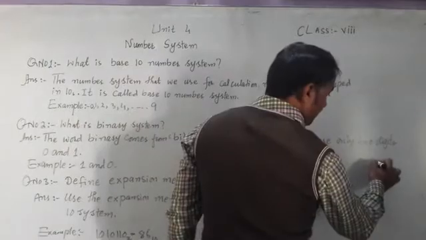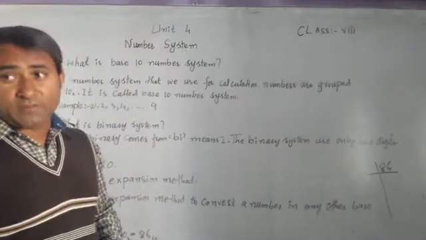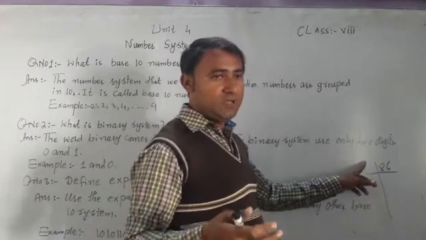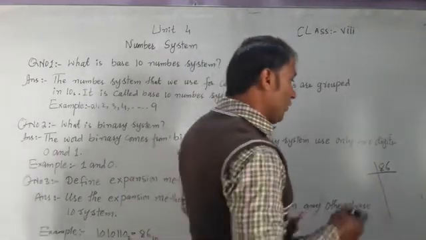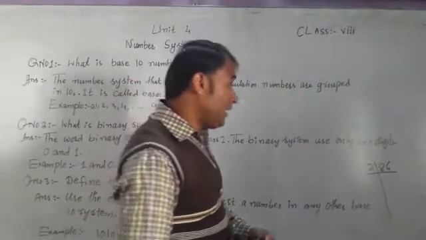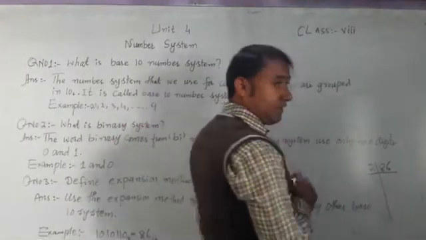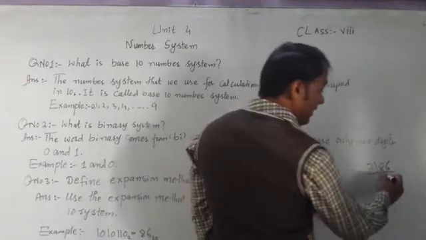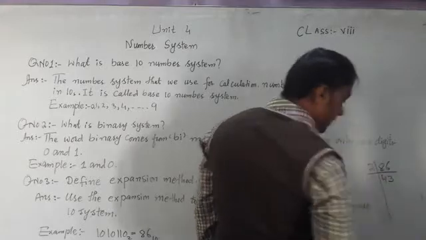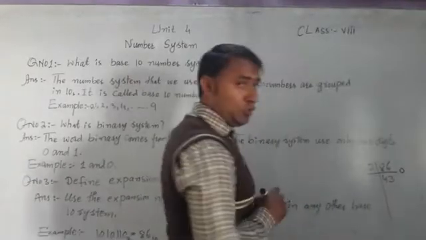So for the base 2 system, we simply take the factors of 86, and it is very easy. In class 3 and class 4 we have learned how to take out the factors. So for factors, we apply the table of 2. It is the smallest table, and in this method we apply only the table of 2, no other. So table of 2 on 8, how many times? 4 times it is going. On 6, 3 times it is going, means 43. It is completed, no remainder. So the remainder is 0, we write 0 here.